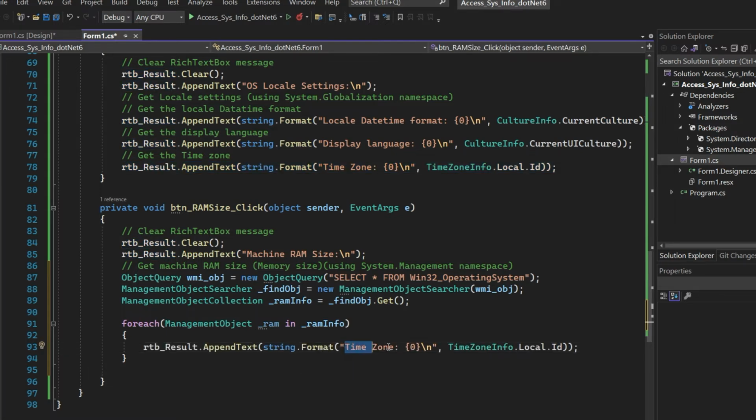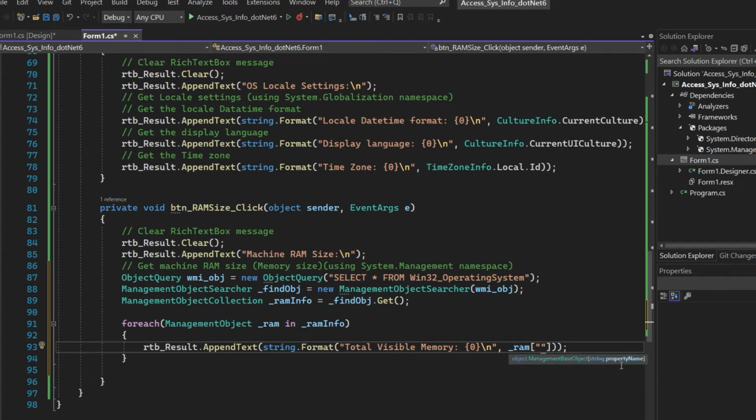Change the description to total visible memory. Okay, here we change it to _range square braces.